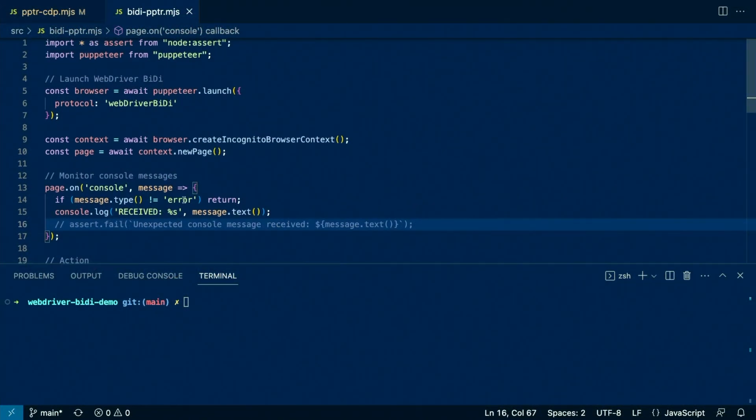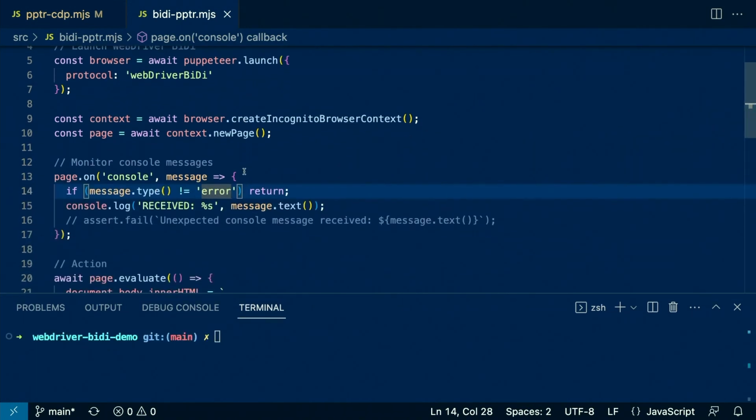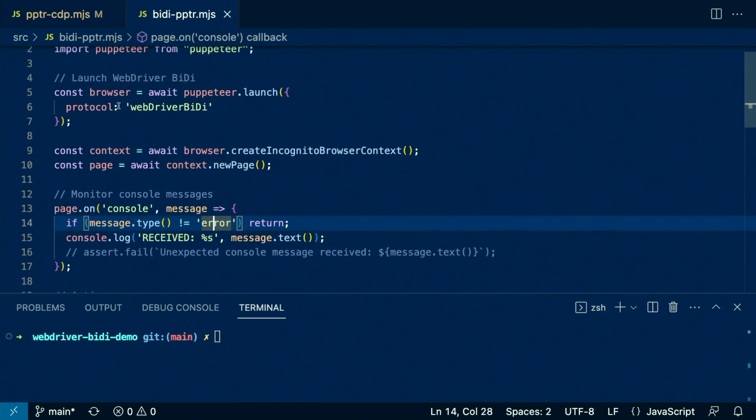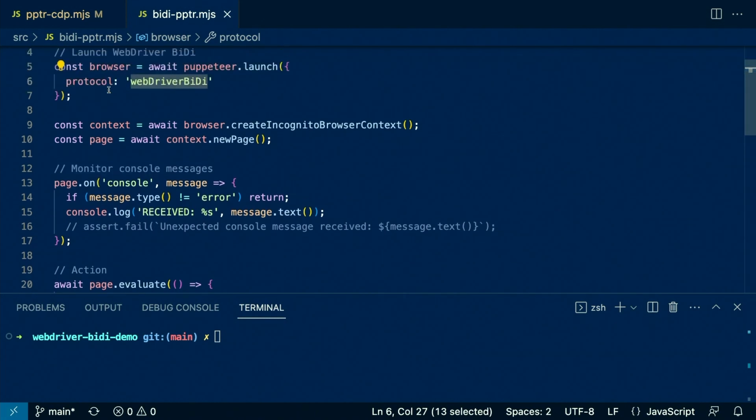So almost similar in the web. Let me just enlarge this one. If you launch Puppeteer with the protocol set to WebDriver BiDi, when you run the page monitoring the log, it is using WebDriver BiDi instead of CDP. So if I run this,